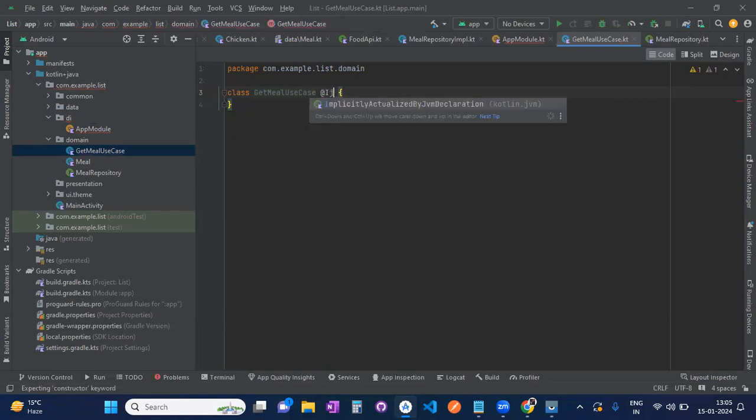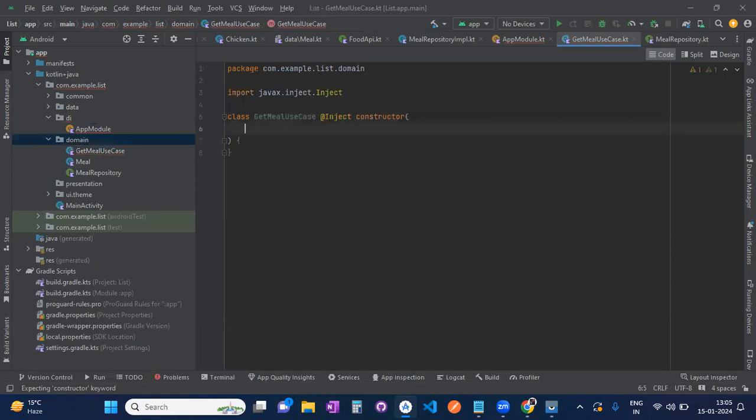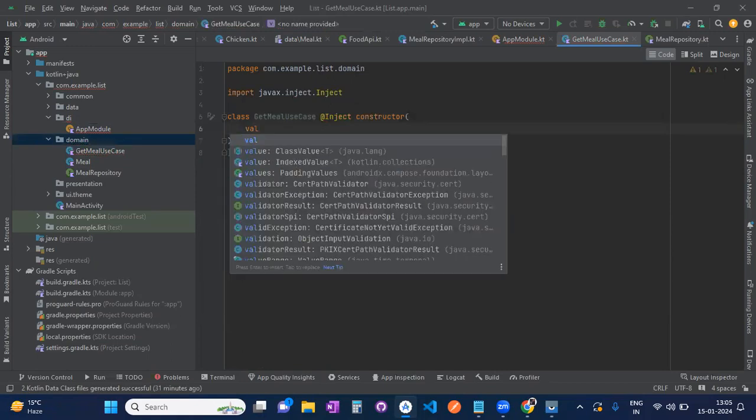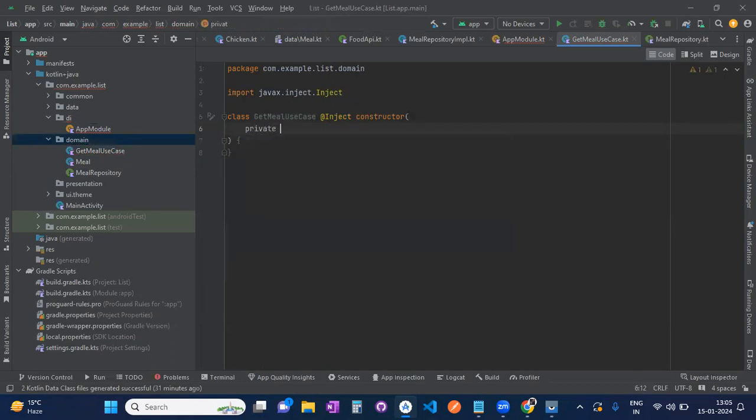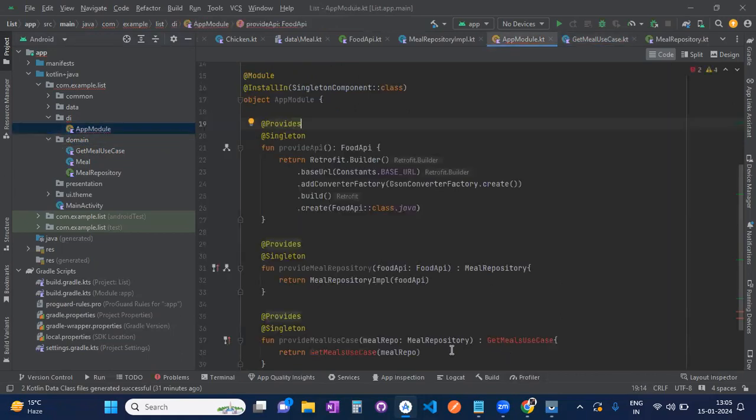First of all, I will inject constructor, and in the constructor I will provide my repository, MealRepository. So now you got it: I just provided MealRepository to my use case, and here I inject